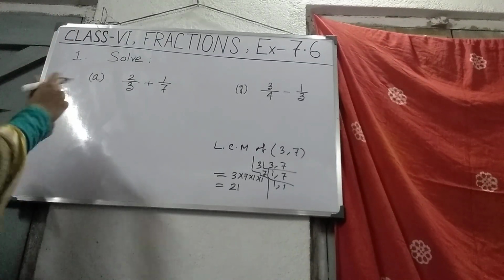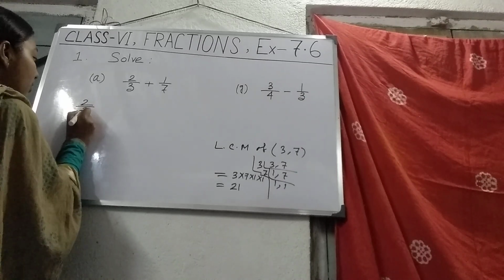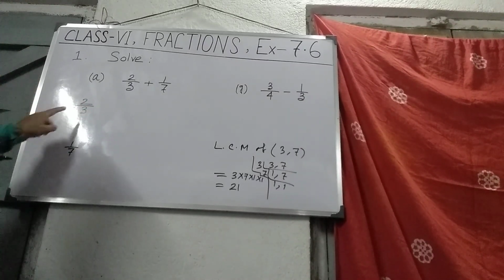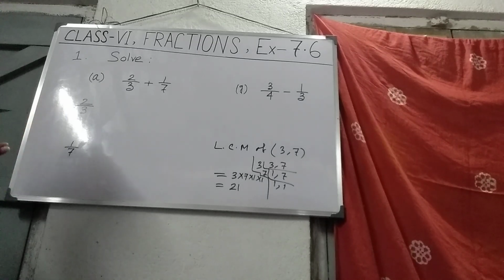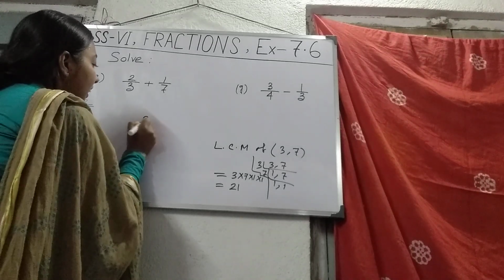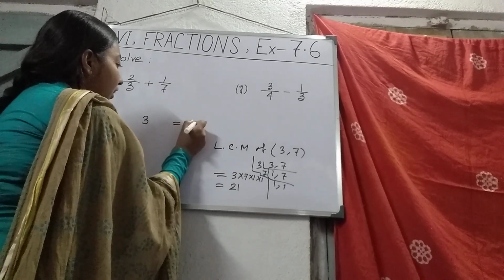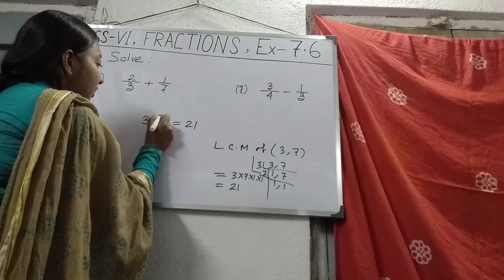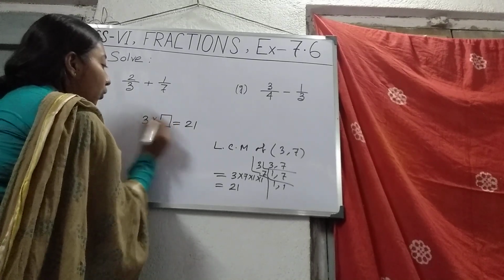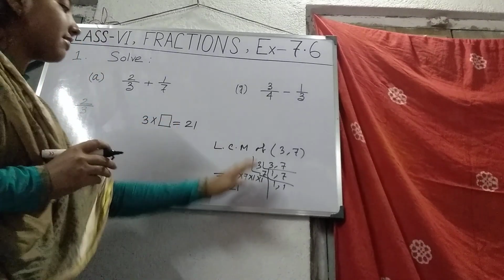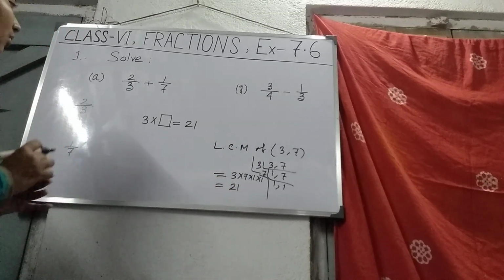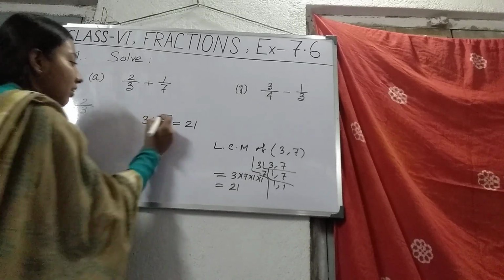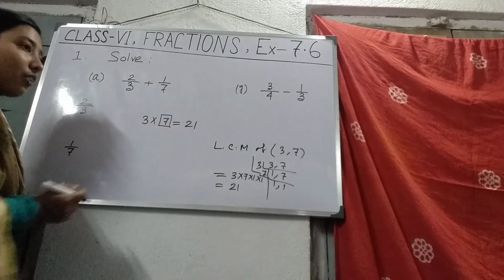So now here the fractions are given. One is 2 upon 3 and the other is 1 upon 7. See here in denominator it is 3. So at first we have to make the denominator same. For this, which method will you apply here? At first we have to make the denominator 21. Okay, as our LCM is 21 here. So which number should we have to take so as to get 21? Definitely 7. 7 3s are 21.